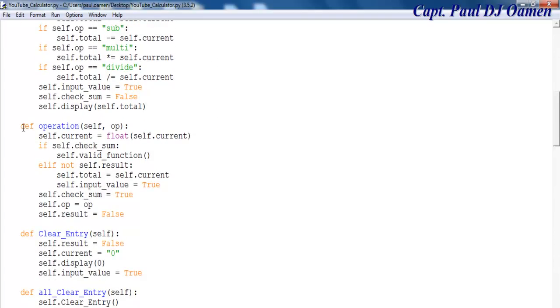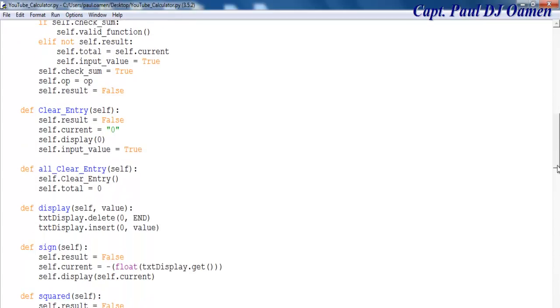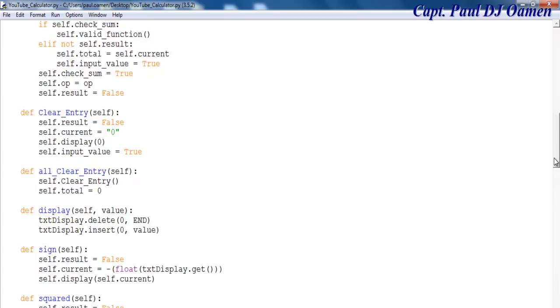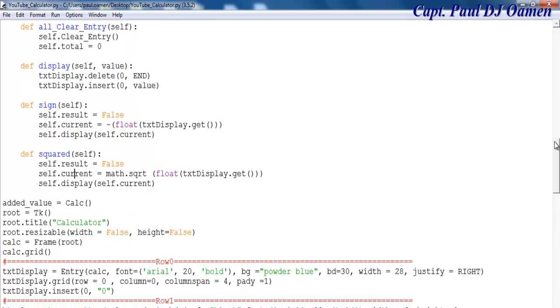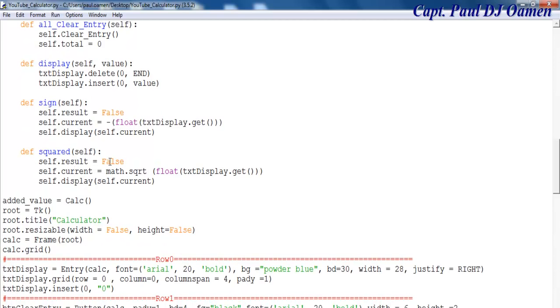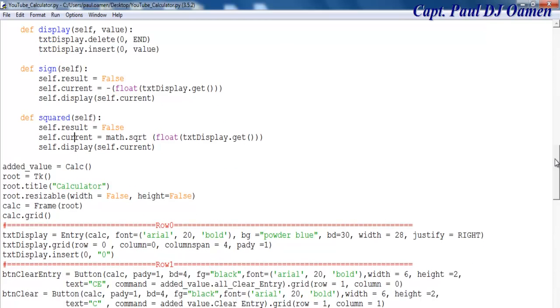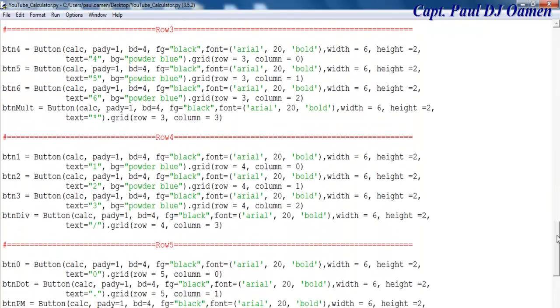And the other functions you saw earlier are for clear, display, that's to delete, and here we have the plus and minus as well. Now what is left for me to do is